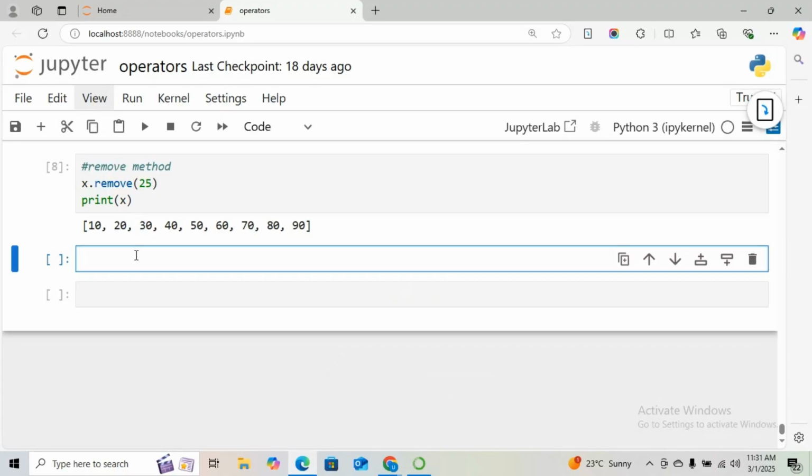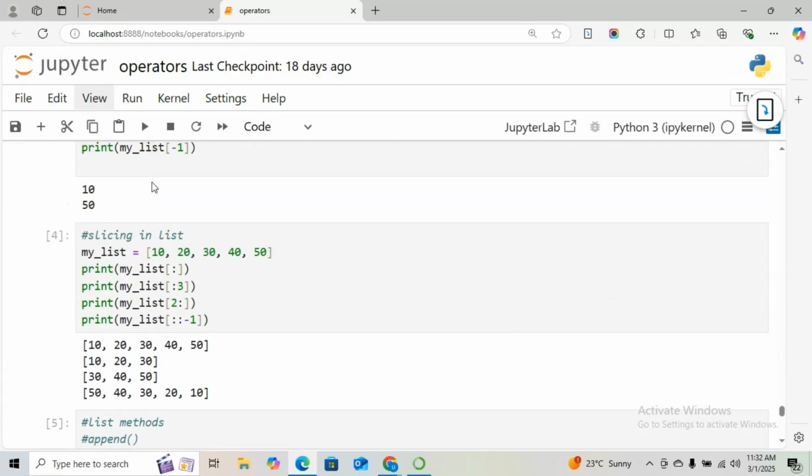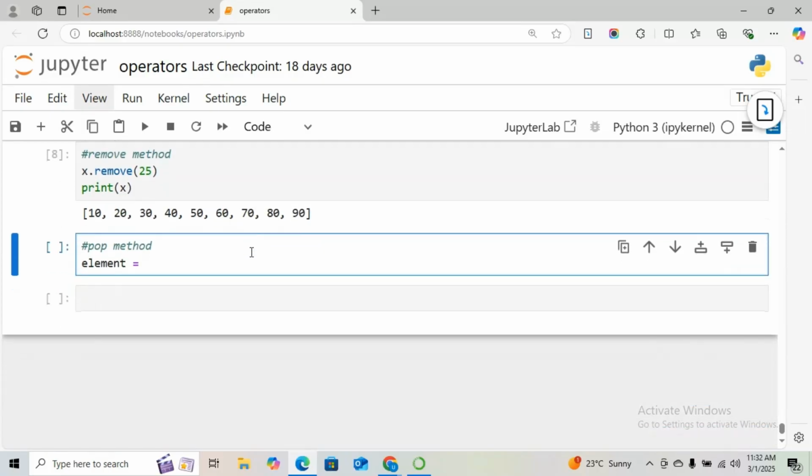This is our Jupyter notebook and we are starting with the first method called the pop method. So what do you mean by the pop method? The pop method removes and returns an element from a specified index. Okay. So now I'm creating a variable called element equals. See, I have created a list here. So that is my list and I have given items 10, 20, 30, 40 and 50 here. Okay. So I'm calling the same list here, I'm giving the list name